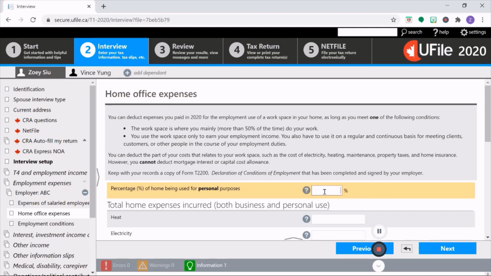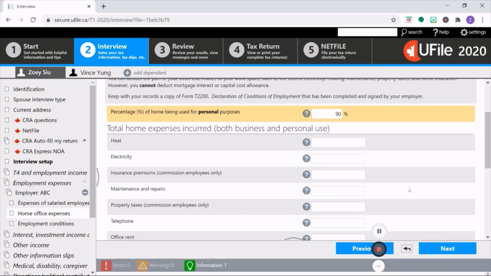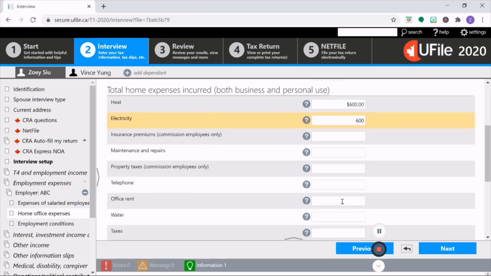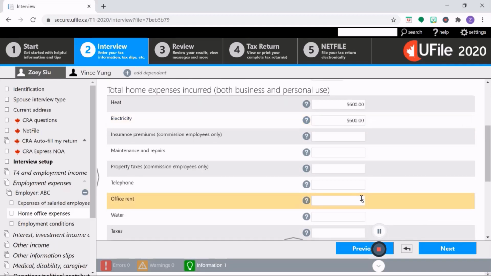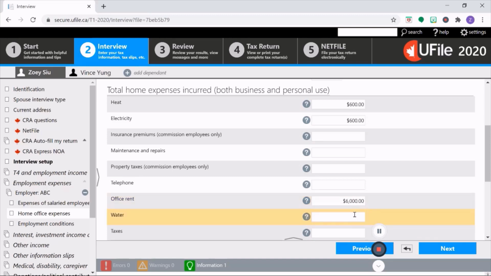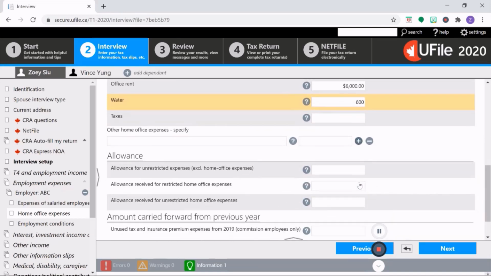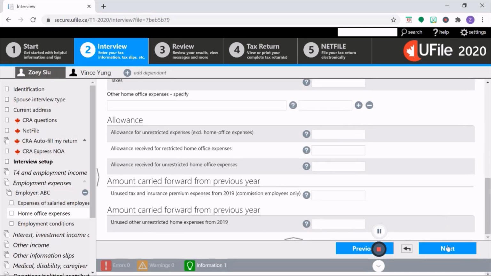It is because the CRA calculator shows us the employment use portion was 10%. Then you can enter your expenses here. And click Next.